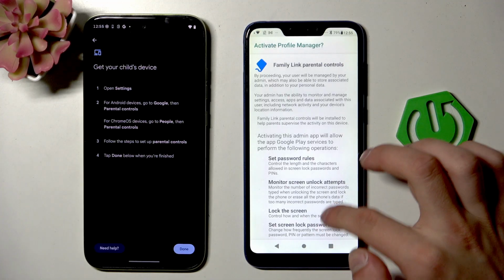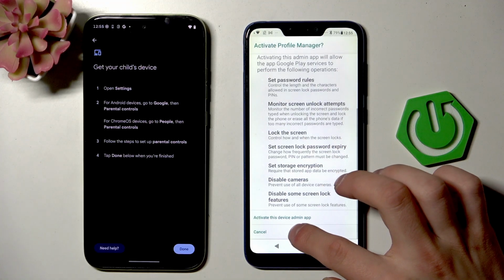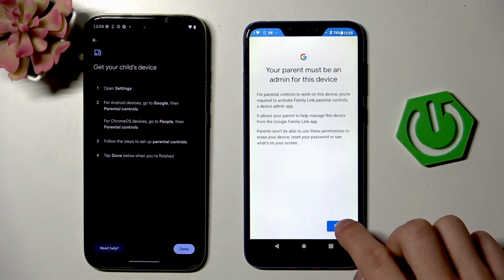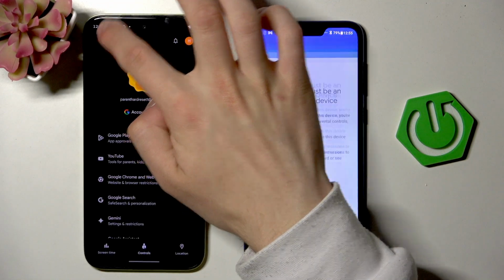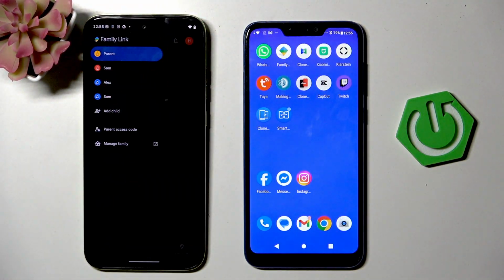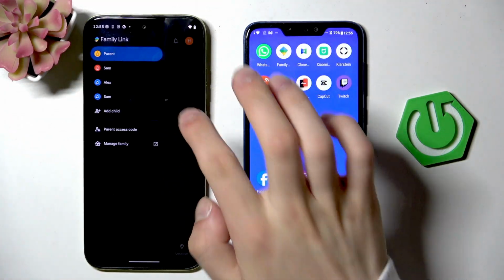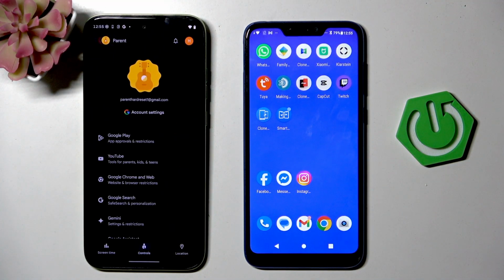Activate Profile Manager. Here for now I'll cancel and here click Done, and as you can see I have another child right here that their name is parent, but that's just a coincidence and that was just email for the